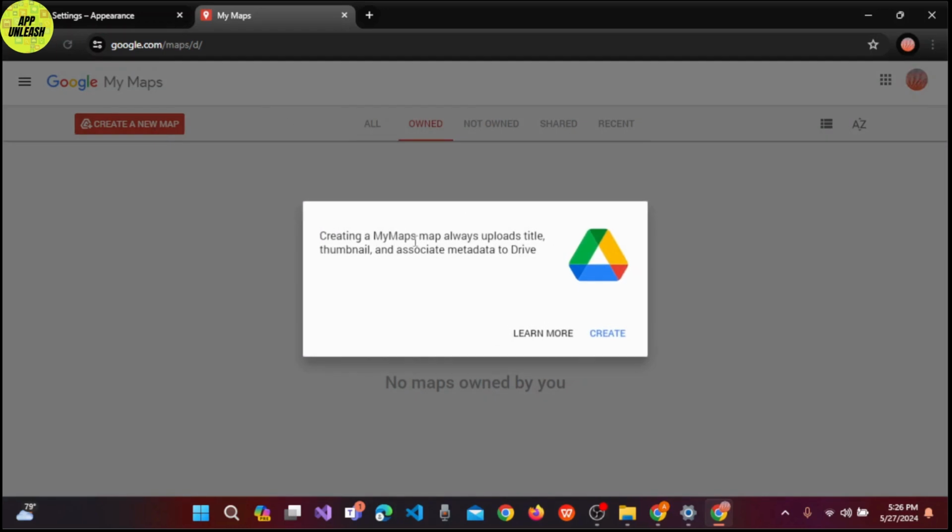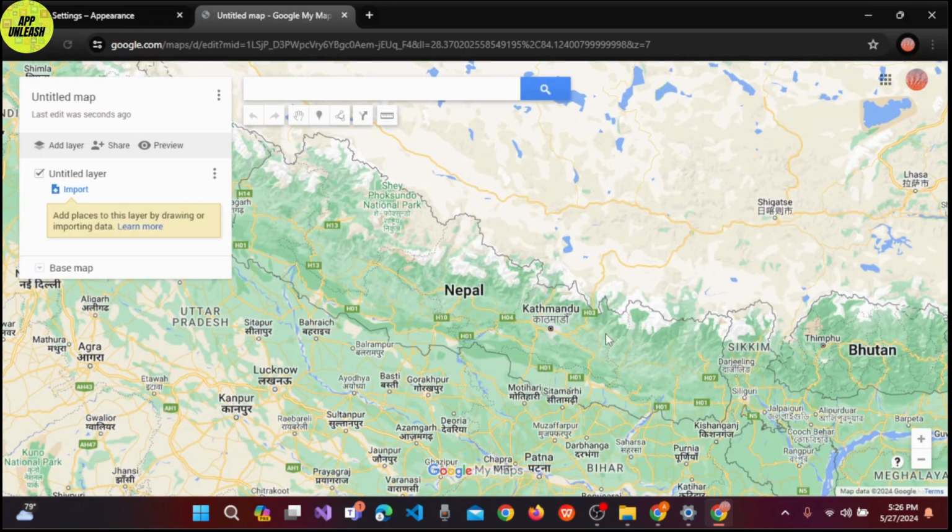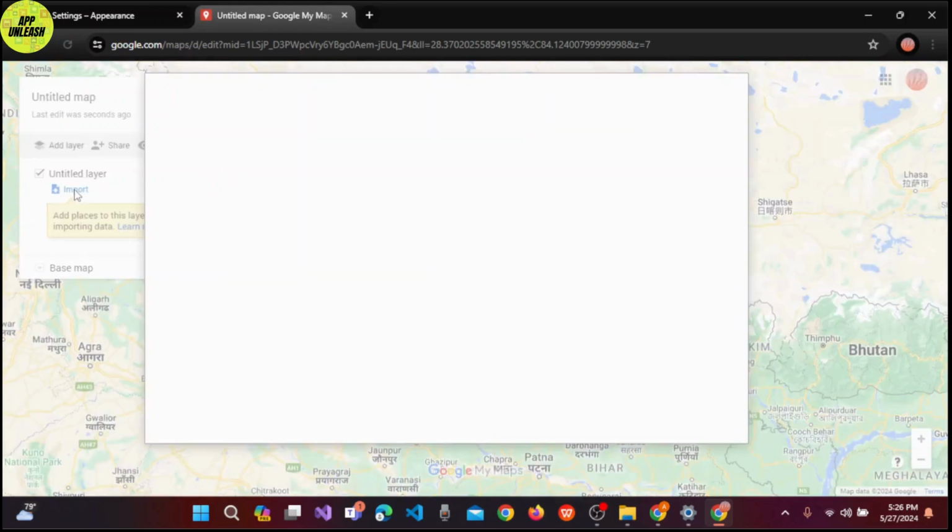And creating a My Maps map always uploads the title, thumbnail and associated metadata to Drive. So let's click on the create button. And then at the left hand side you can easily find the import button. Here you can add places to this layer by drawing or importing data. So in order to import a GPX file, you have to click on the import button,